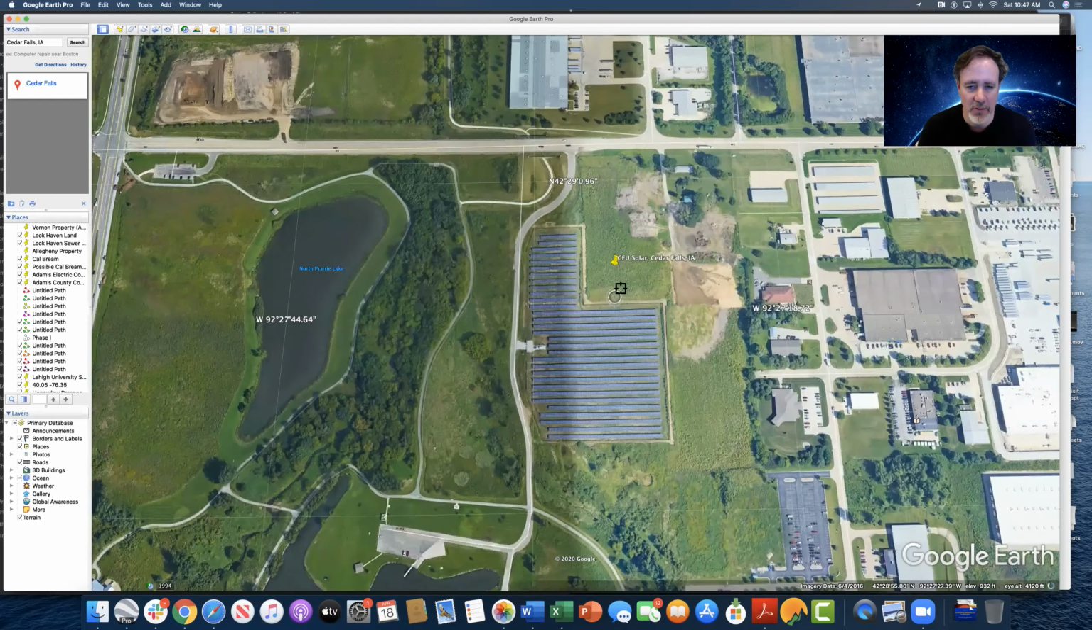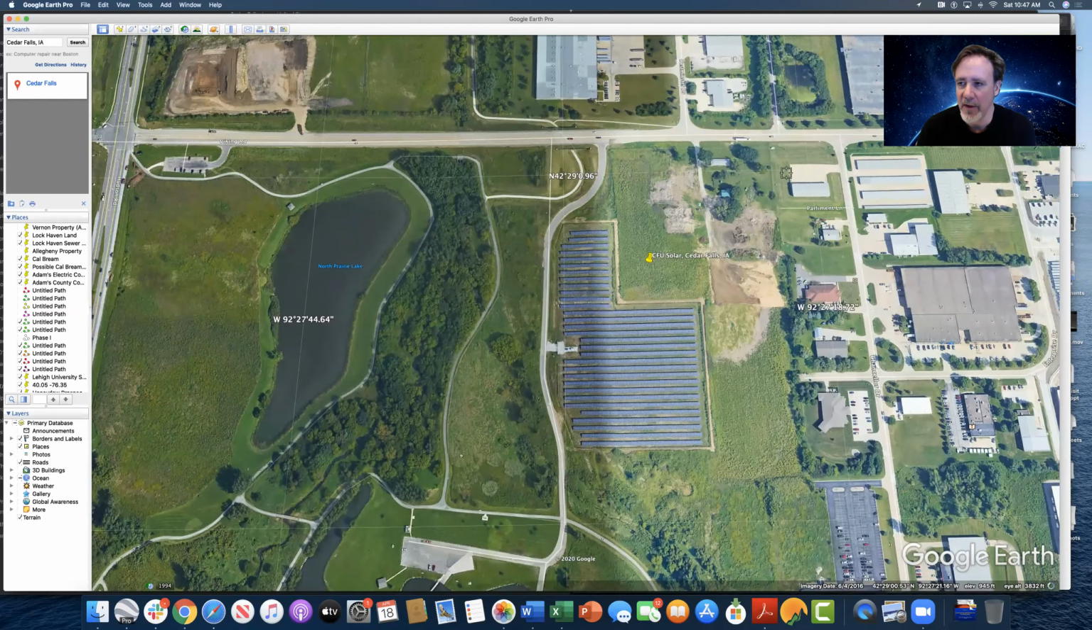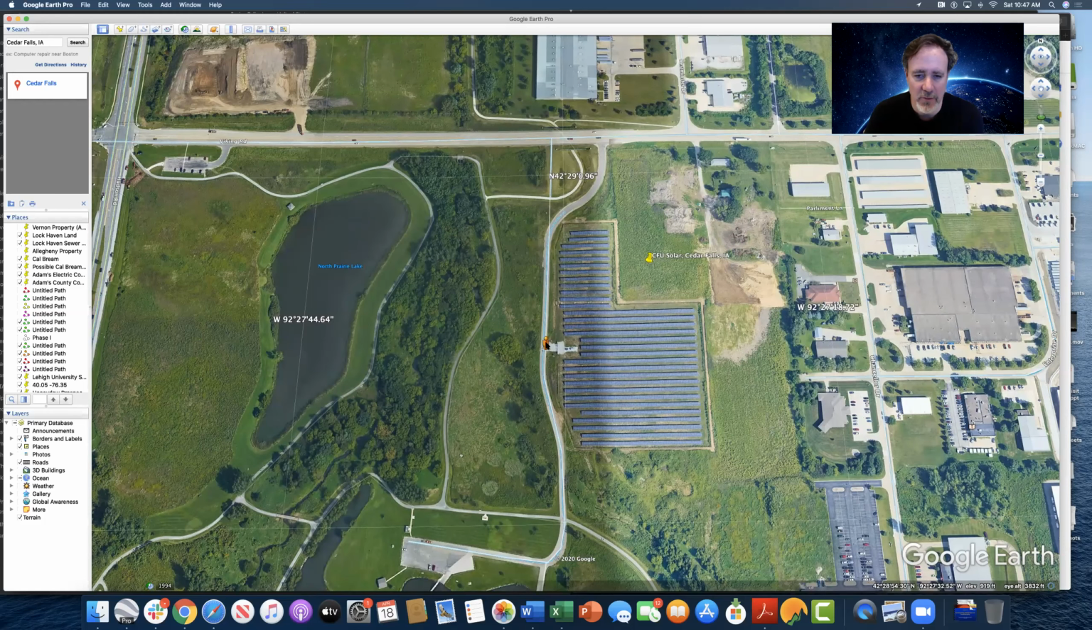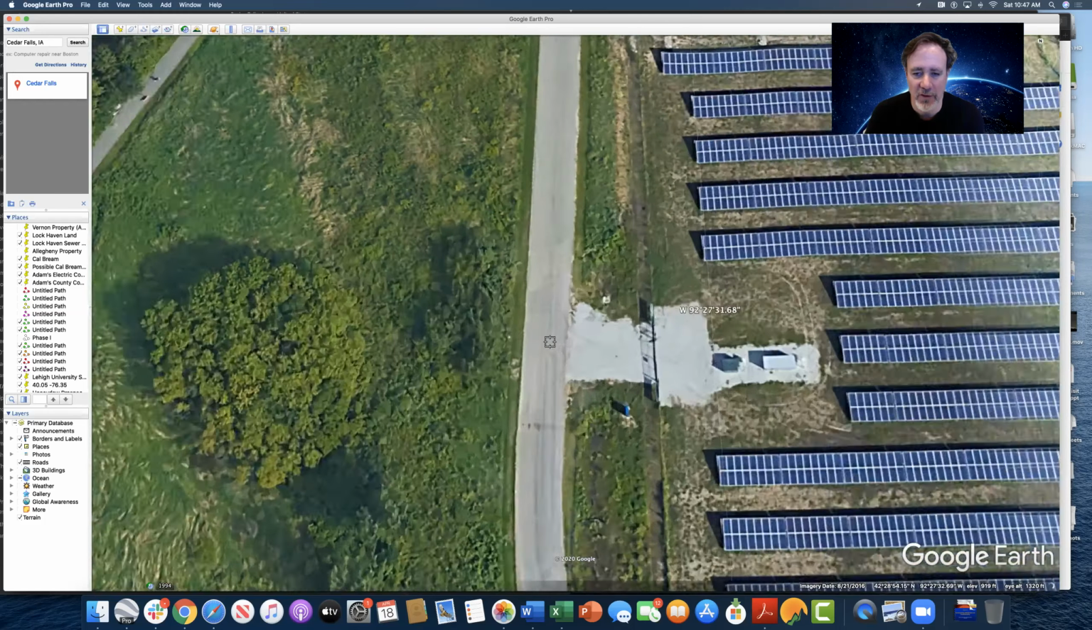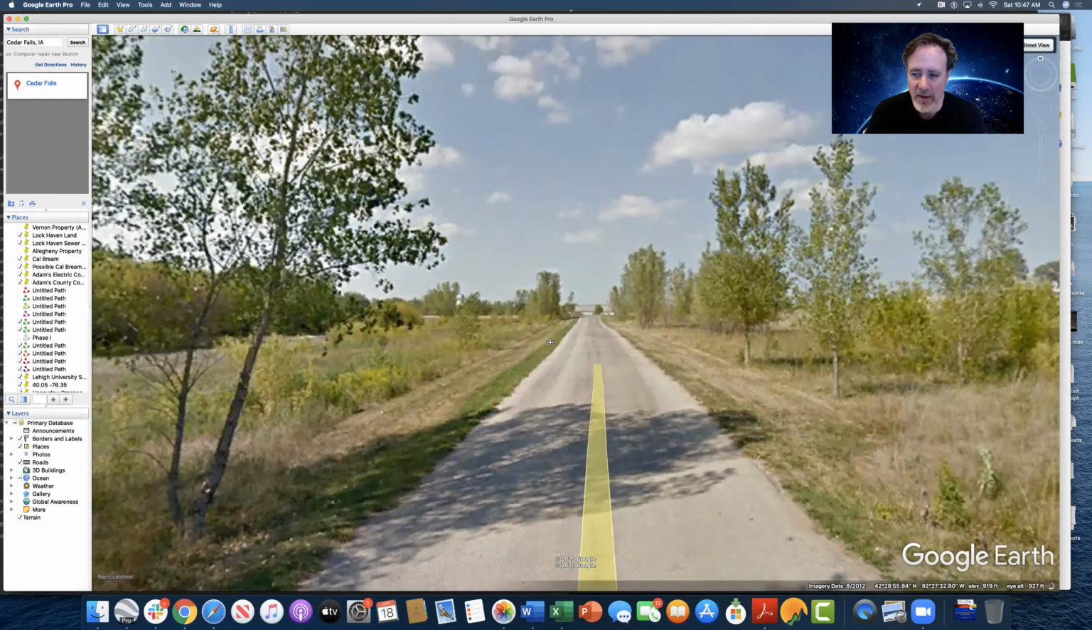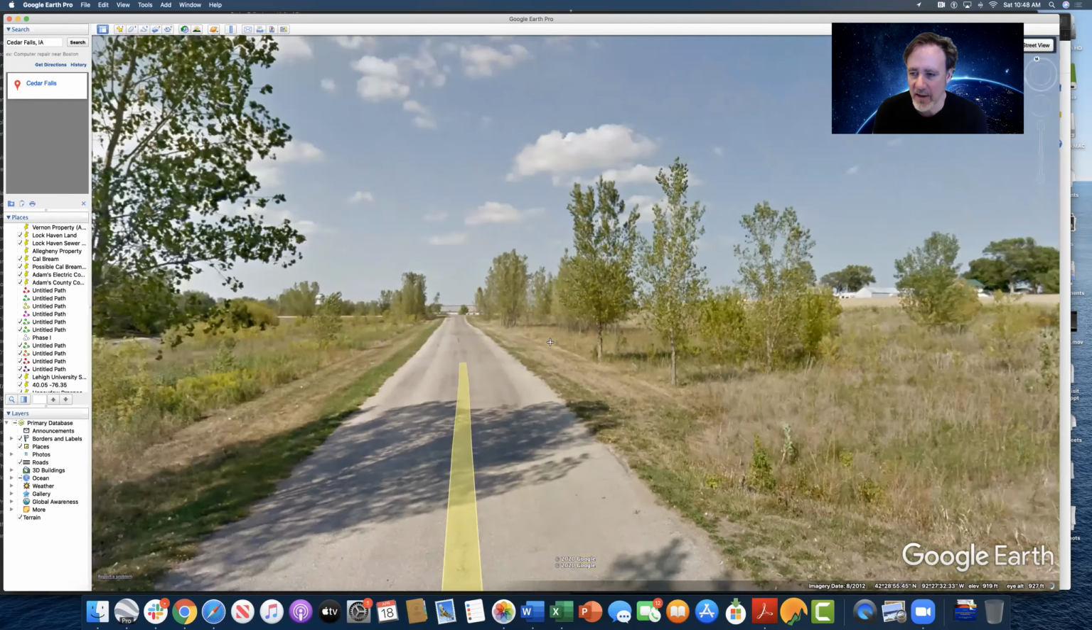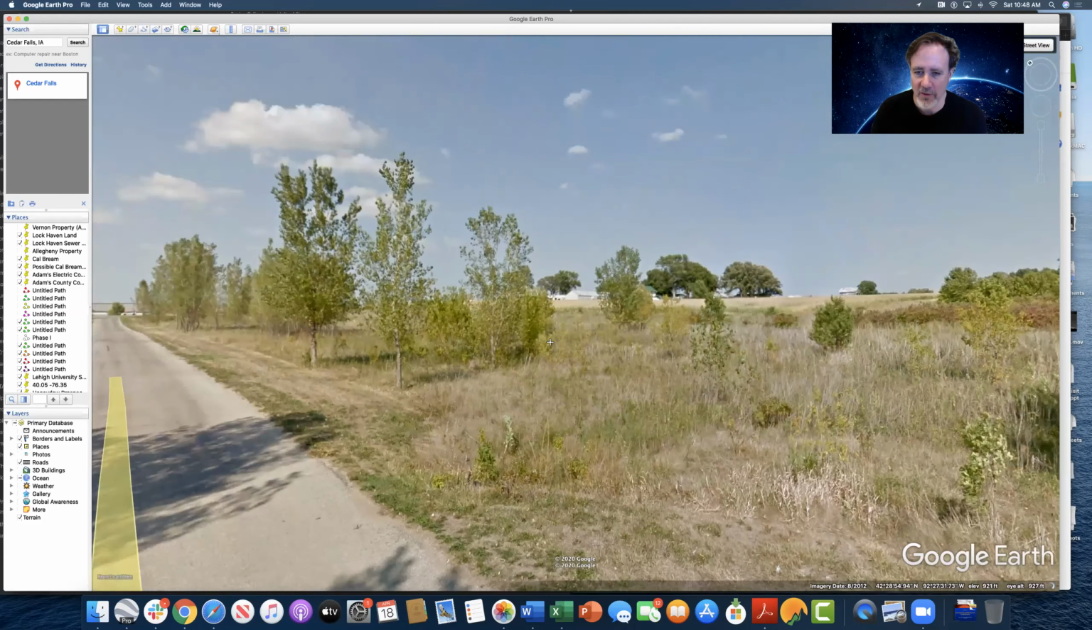I can actually see the array here, but when I drop the little man from Google out onto the street to look at what this array field looks like from the street level, you can see that the imagery here, as I look across that open field, is that the array is not built. And again, the image data here at the bottom, you can see, was taken from August of 2012. And this array was installed later than that. And so